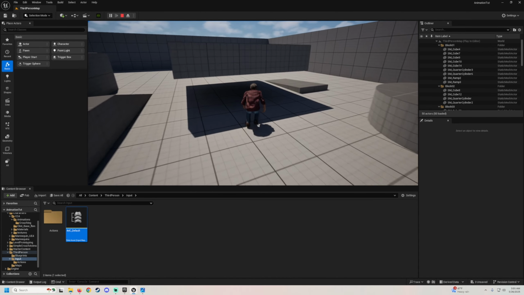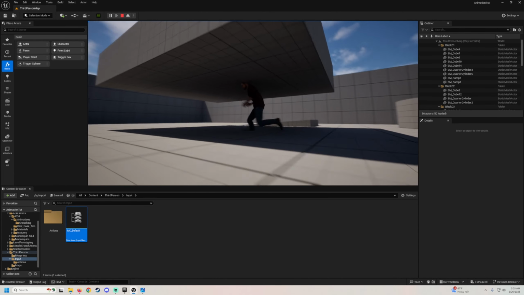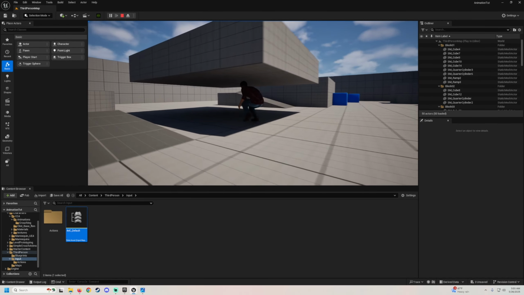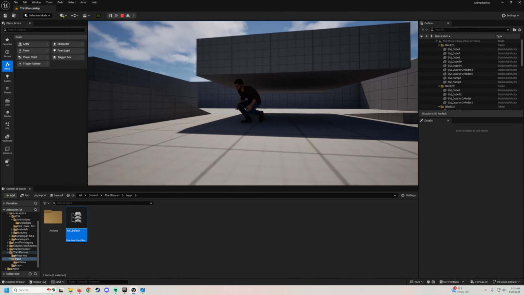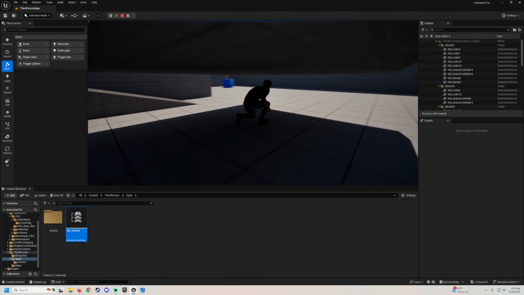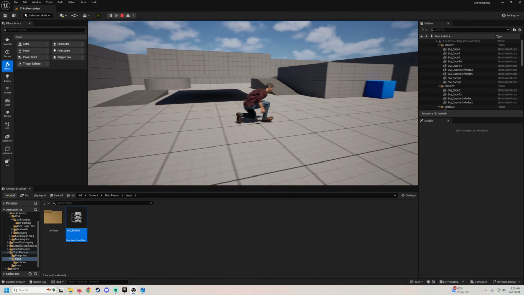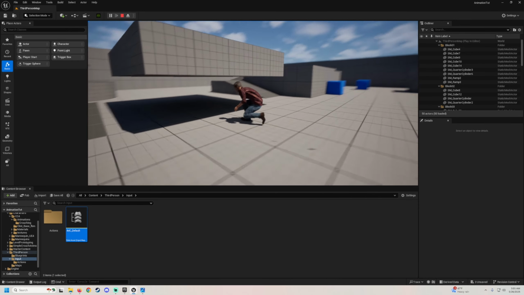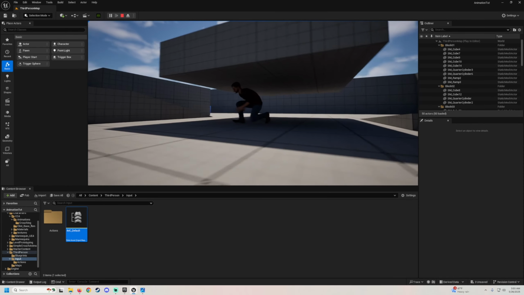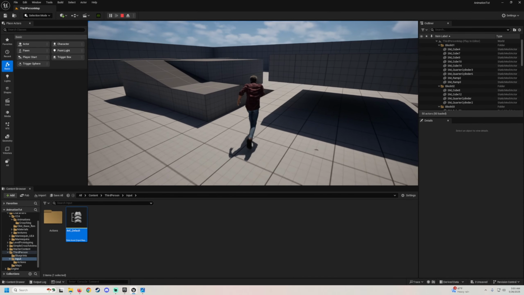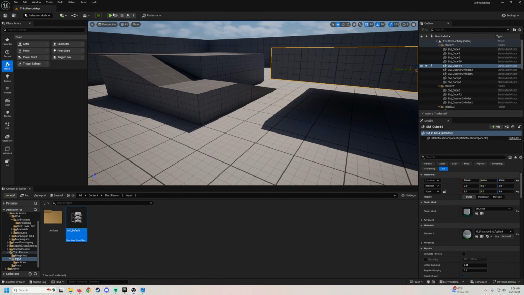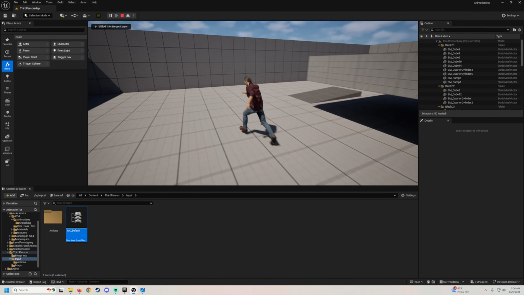If you uncrouch under things, though, it'll still uncrouch you. You can do some things like doing a line trace when you're crouching to check if something is directly above you and not allow yourself to uncrouch. We might go over that in a future video, but for now, this is fine. But yeah, you can crouch and uncrouch now, but now we need to fix, there's an issue if you're jumping,